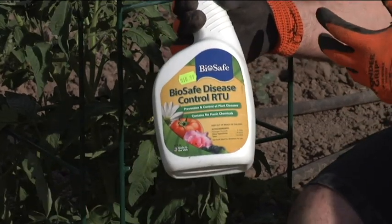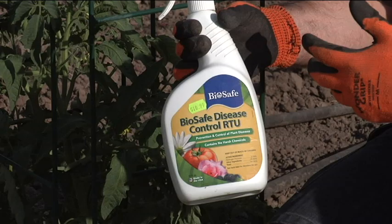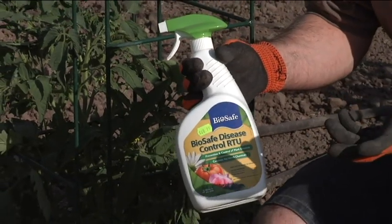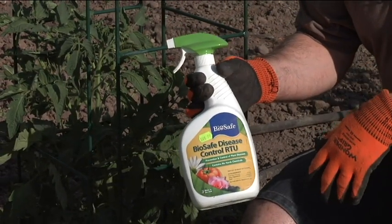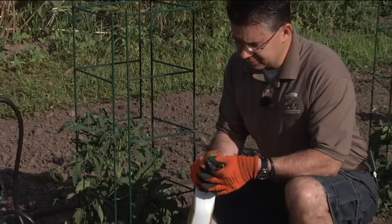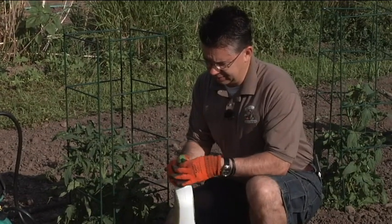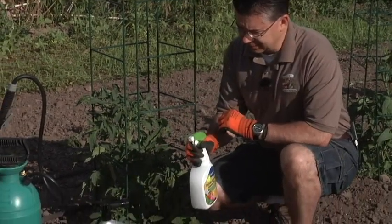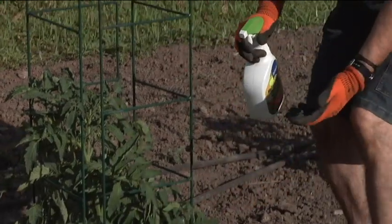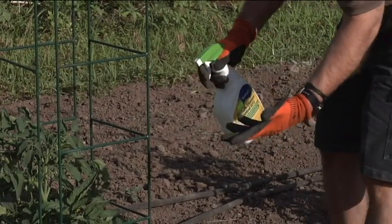You can even use it around ponds because it won't bother fish at all, like most of the other pesticides, whether they're organic or synthetic. They're all very harsh on fish, and so you've got to be real careful around ponds. But with this one, it's ready to use. So you just turn the trigger sprayer on, and let me get the right setting there, and just a light spray on the plants. So to prevent the mildew or the bacterial spot or even late blight or early blight